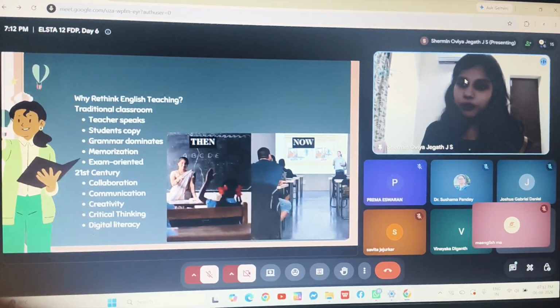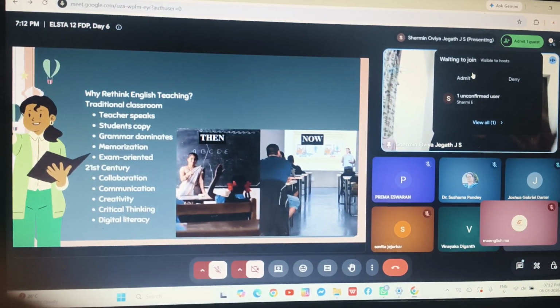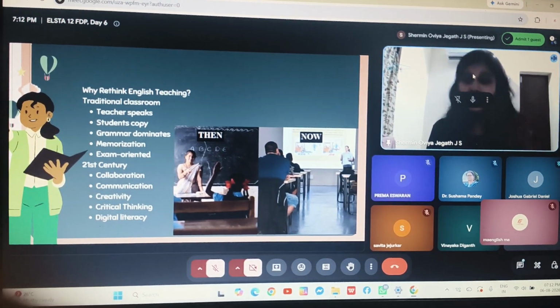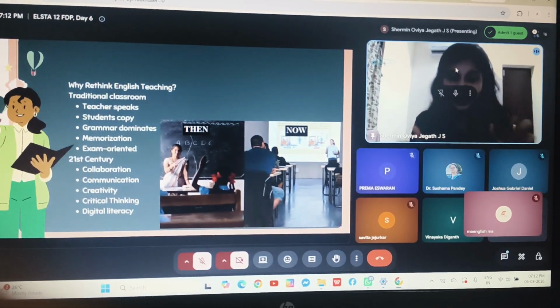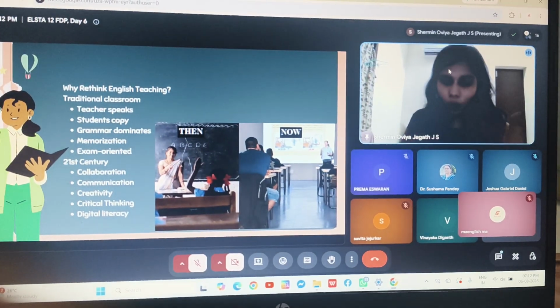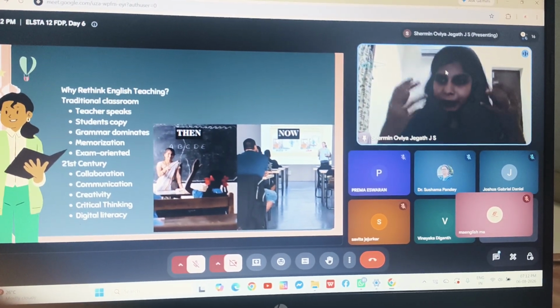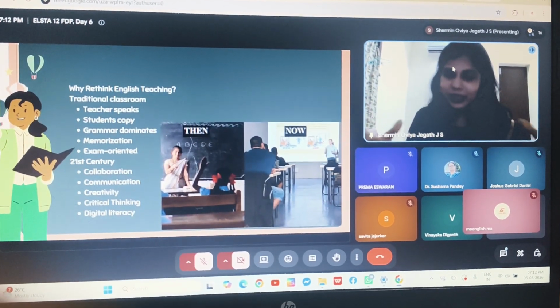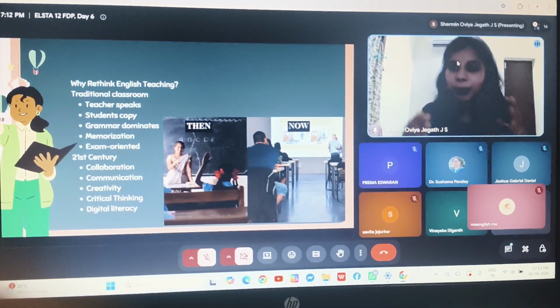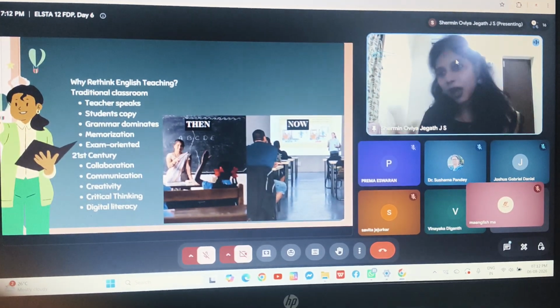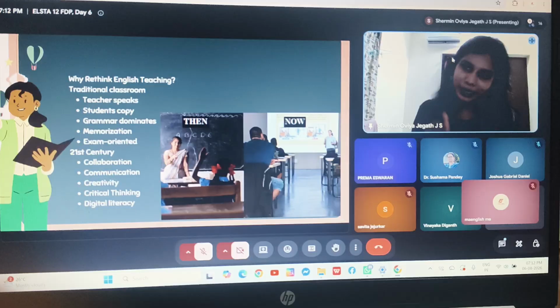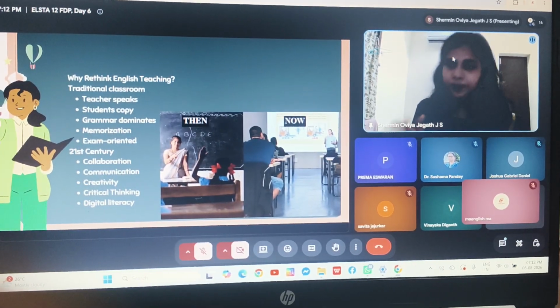No matter if a student knows how to speak English or not, if he or she is good at memorizing certain lines or the entire text, if he or she is able to memorize, mug up the entire ideas, the entire sentences, and vomit it exactly on the paper, he or she will get a good mark. This is what all these rote learning techniques focus on.